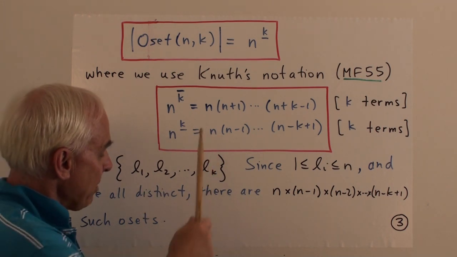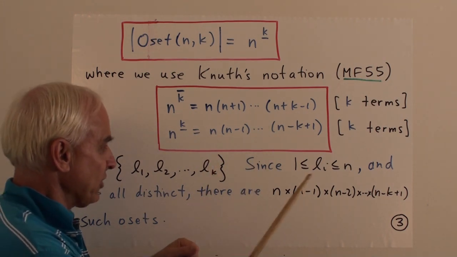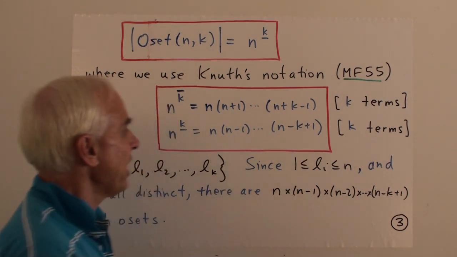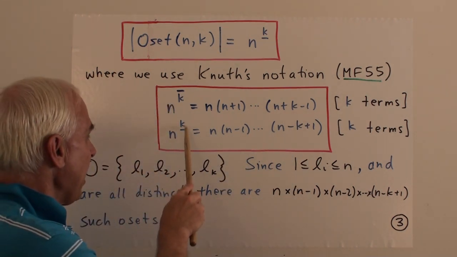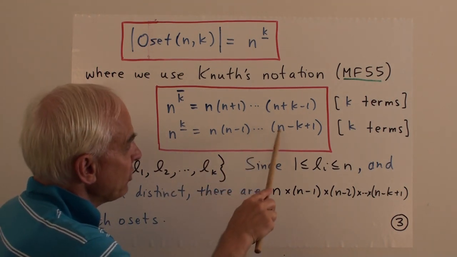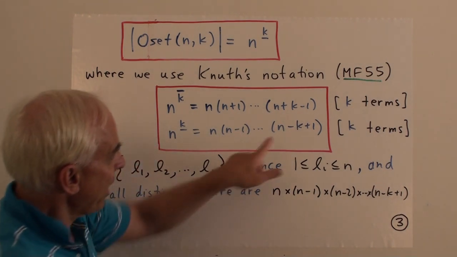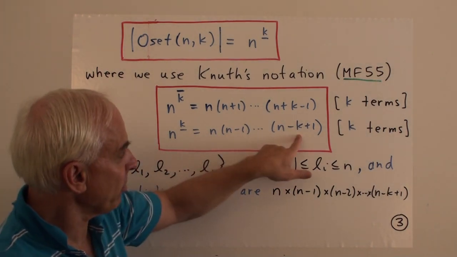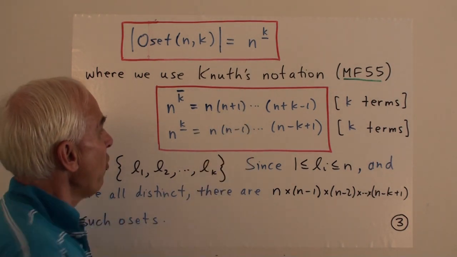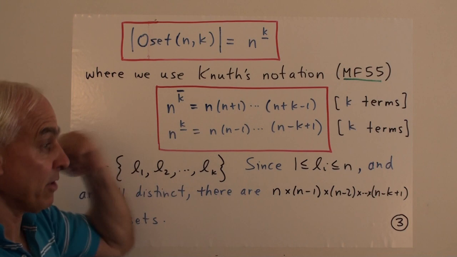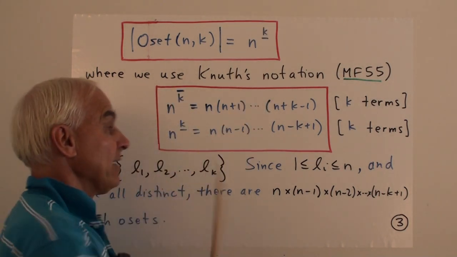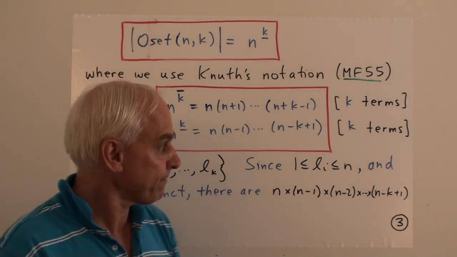And if we start with n and we multiply then n minus 1 and n minus 2, so all the successively lower ones, k terms altogether, then we have n to the k falling. So this is n times n minus 1 times n minus 2 all the way to n minus k plus 1. Now that ensures that there are altogether k terms being multiplied there. So it's this one here that's involved in the formula. In fact it's very similar to the number of lists, except that instead of being n to the k, it's n to the k falling.